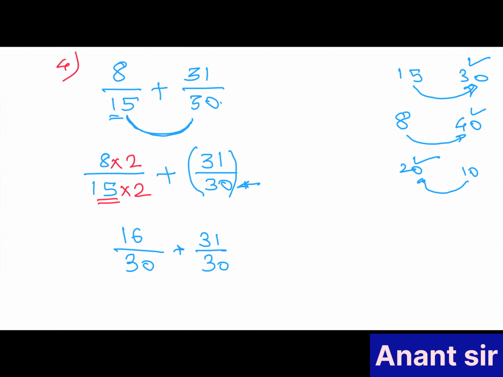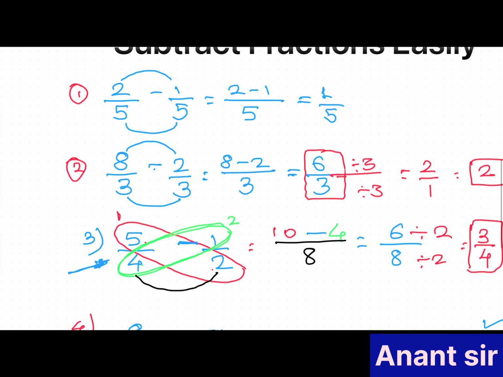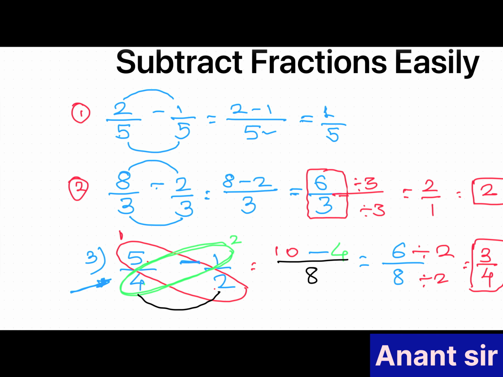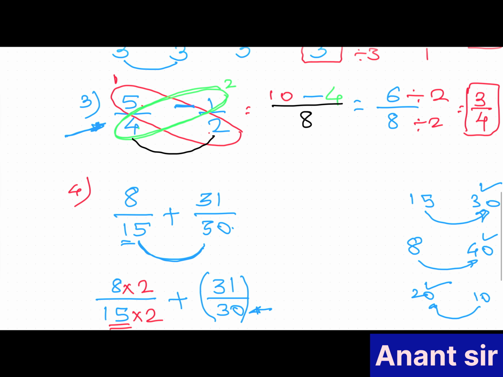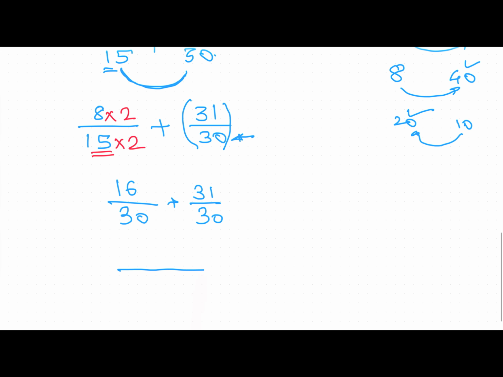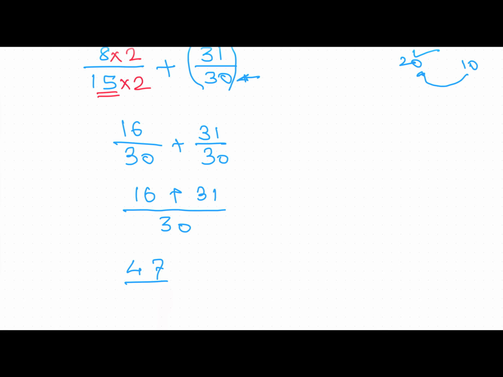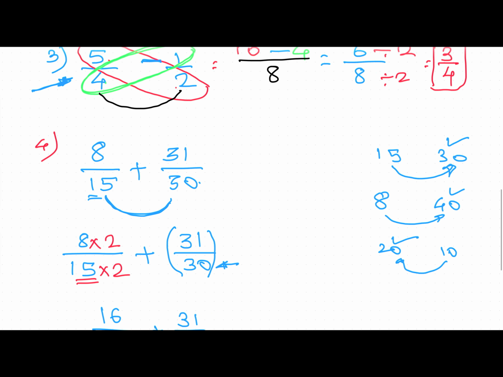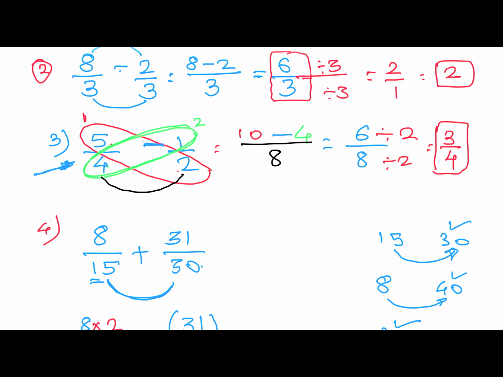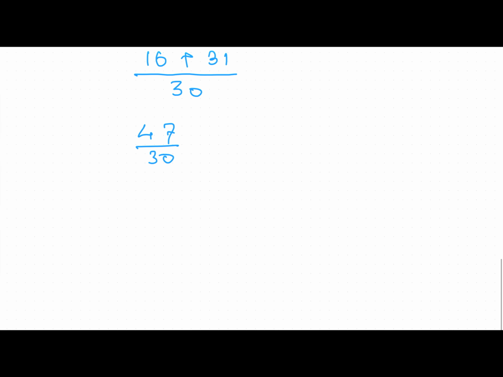Now we are going to solve by the first method, which was when the denominator is same, you just write it once and just solve the numerators. So as my denominator is 30, I am not going to do anything about it. 16 plus 31, sorry, it was minus, no, addition. As it was an addition question, I am going to add, so it will be 47 upon 30, but I wanted to tell you a subtraction question. So the only difference is there is going to be a subtraction sign.